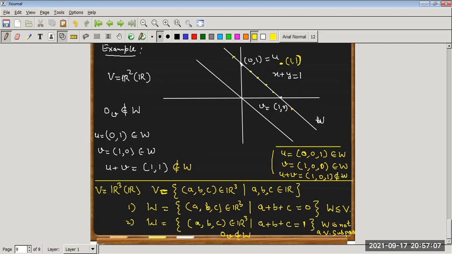So you can check whether it satisfies the vector addition property. If U and V belong to W, does U plus V also belong to W? Does alpha times U also belong to W? Does 0_V belong to W? If it satisfies all three conditions, then we can say W is a subspace. Or we can check alpha x plus beta y: if x and y are in W, alpha and beta are any scalars, and alpha x plus beta y belongs to W, then W is a subspace.